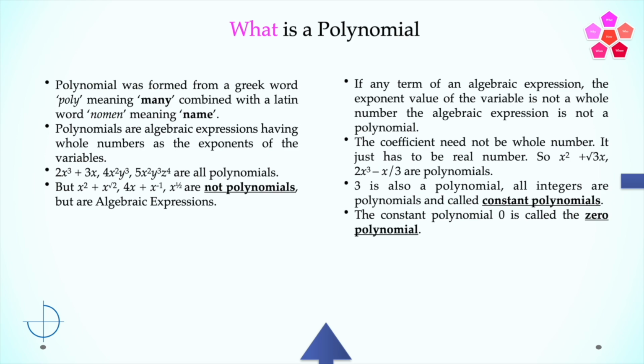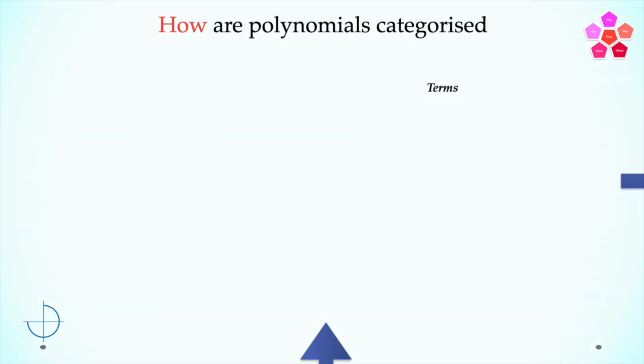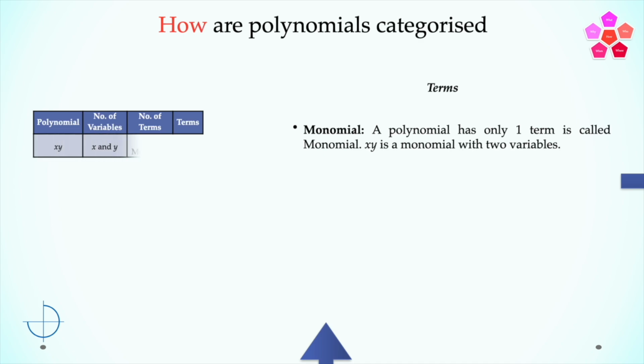Let's move to the next question, which is, how are polynomials categorized? So the polynomials can be categorized based on terms. In order to create clarity, we have created a table where the first columns are polynomial, number of variables, number of terms, and terms. So the categorization based on terms starts with a monomial. A polynomial that has only one term is called a monomial. For example, xy is a monomial with two variables, x and y. It has only one term,